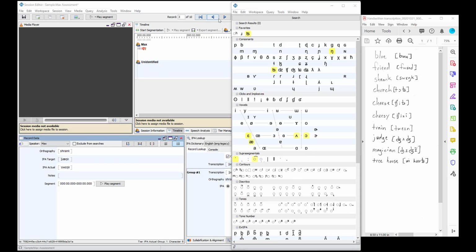So let's continue here. We've got the production of church. I can type, then I'm using the IPA map to get the vowel as well as the affricate. Next one, cheese. We have the affricate and the E, and again, we're not using the lengthening diacritic, and I'm going to replace that with